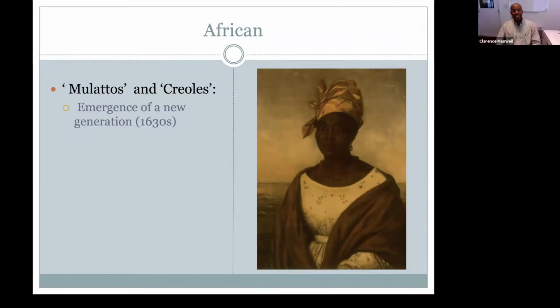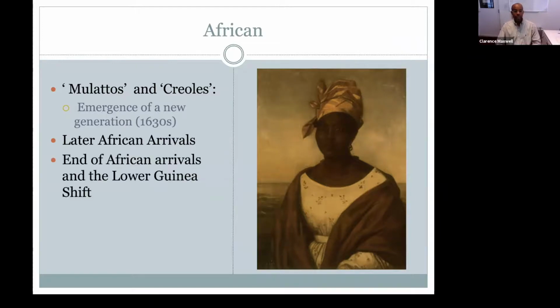But for the most part, by the 1630s, an indigenous, a locally born population starts to emerge. And from the 1630s onwards, Bermuda becomes notable for having a large Creole or locally born Black population, usually around 90%. Later African arrivals will also occur, but although Bermuda has a large number of local enslaved for this period, they would also be affected by events that are occurring in the shifting patterns of human trafficking that were occurring